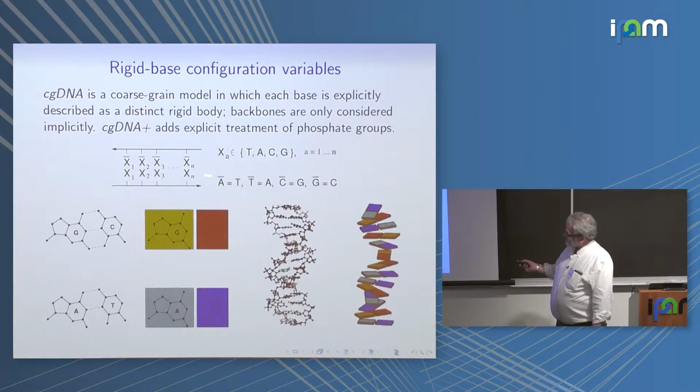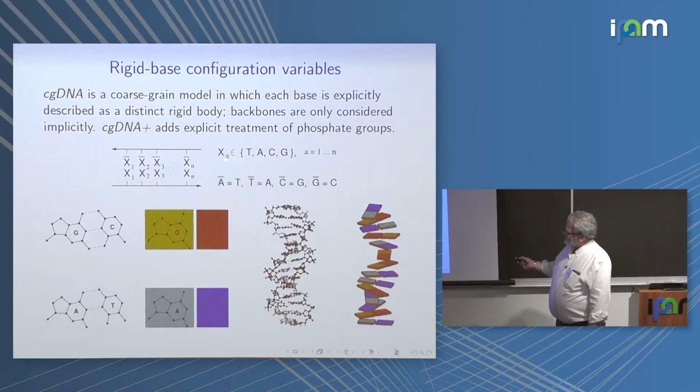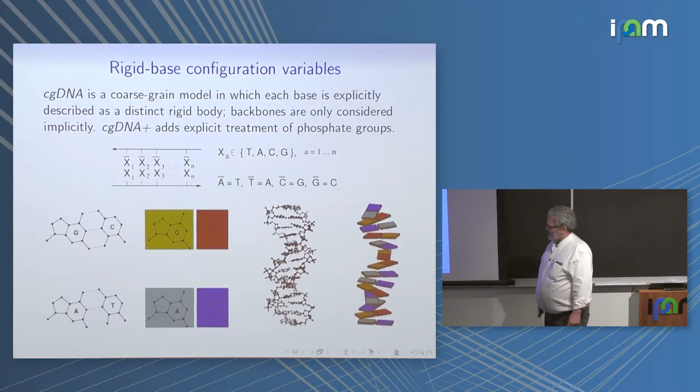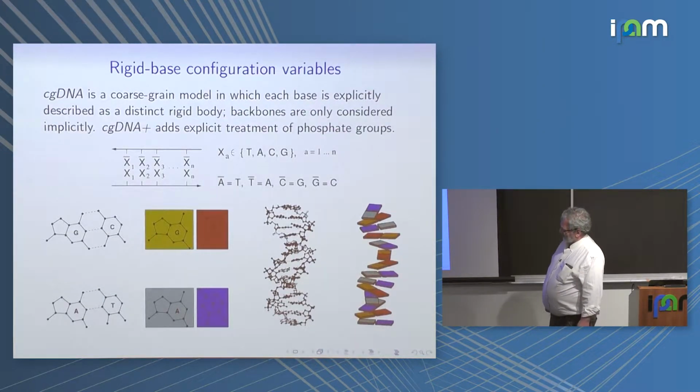Another joke, the backbone. DNA has two backbones, and they're anti-parallel, and they run that way, and then you run the sequence along one strand. Traditionally, we call that the Watson strand, and the Crick strand runs in the opposite direction. The standard alphabet would be four bases, T, A, C, and G, and they'd be matched like this. This is the detailed chemistry of each of the bases. They then pair with hydrogen bonds like that, and we're going to coarse grain them.